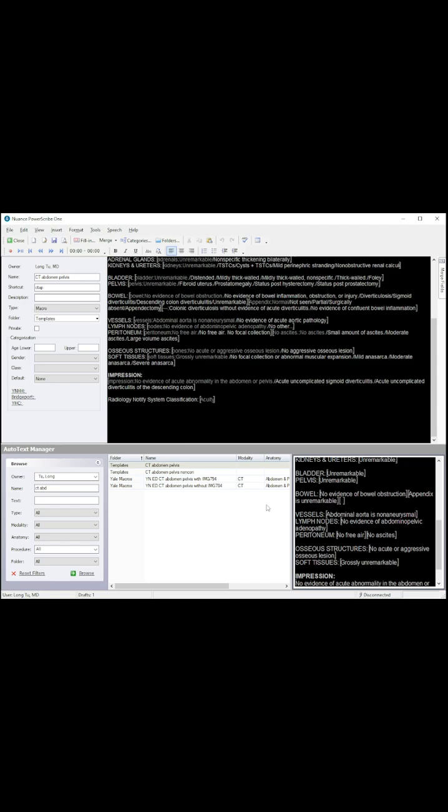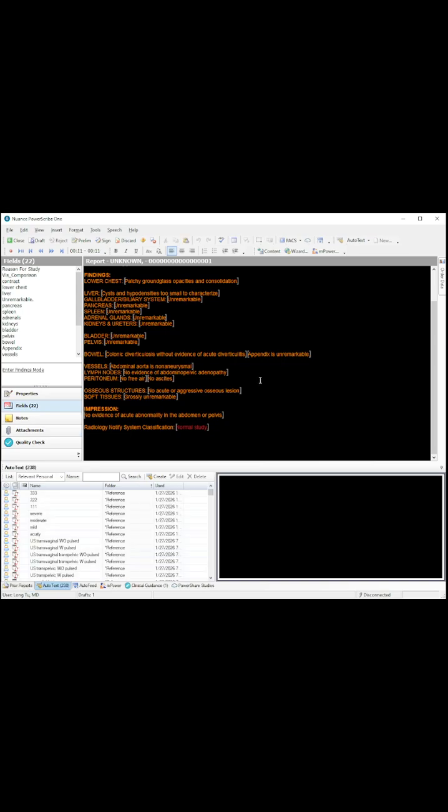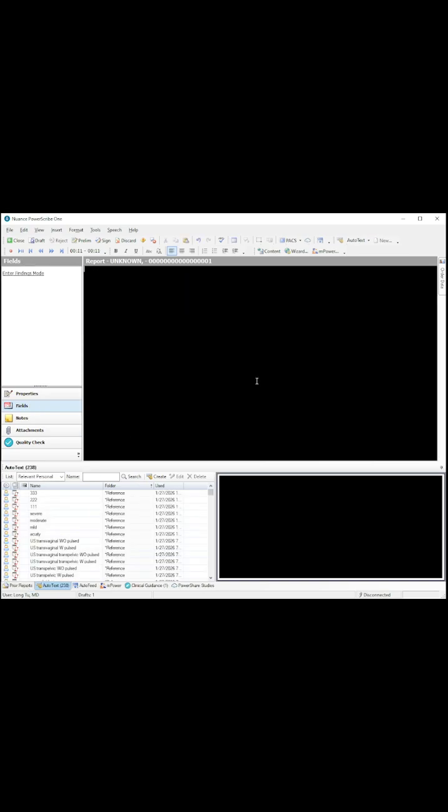And here, now let's go back to this report. We bring up this thing again, macro CT abdomen pelvis. You can see now that there is a pick list with an empty field that allows you to add this, okay? Now, if we go back,